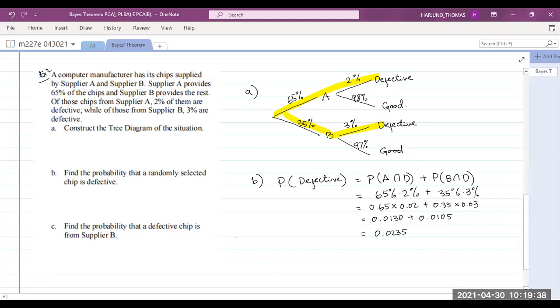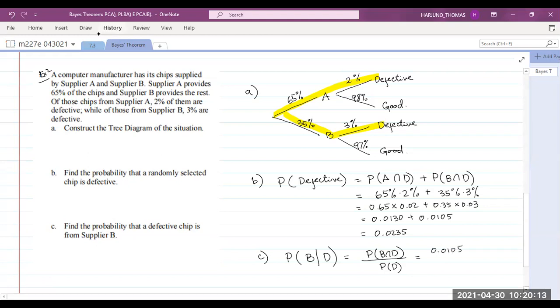Okay, now part C. Find the probability that a defective chip is from supplier B. Probability that it is from B given that it's defective. That will be probability of B intersection D over probability that it is defective. The intersection is